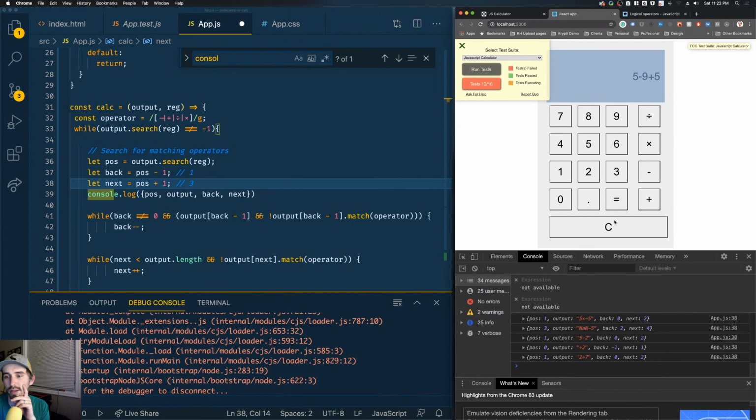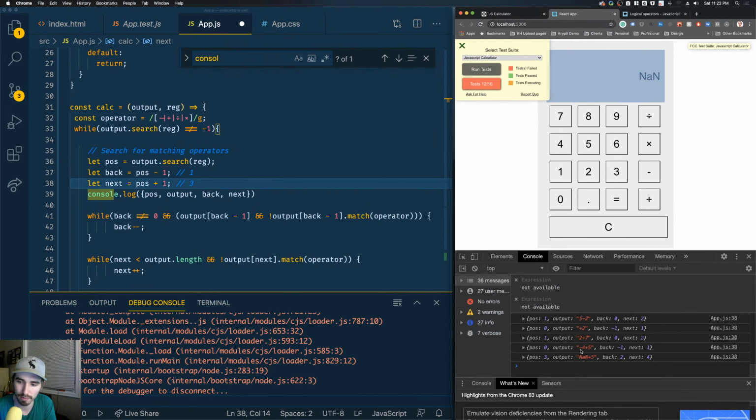So really I guess the other thing is negative 4 plus 5. Dang, so this is interesting because the negative 4,